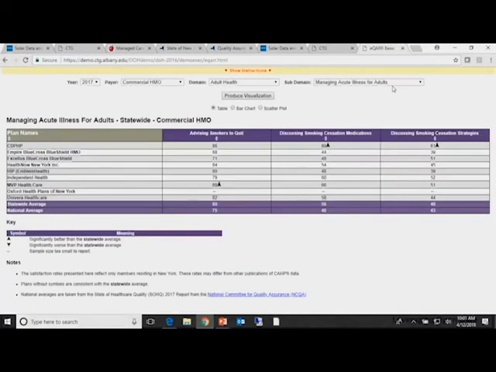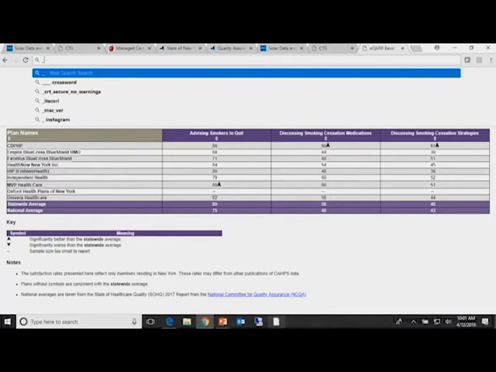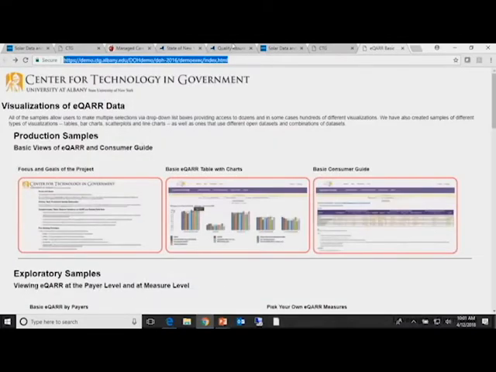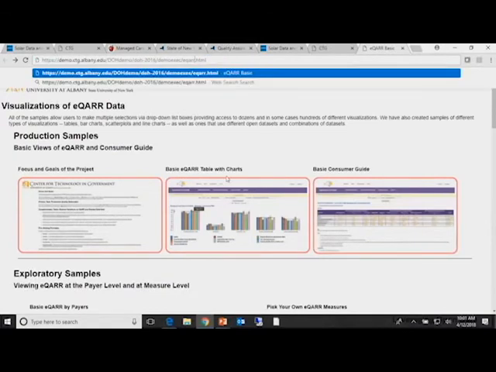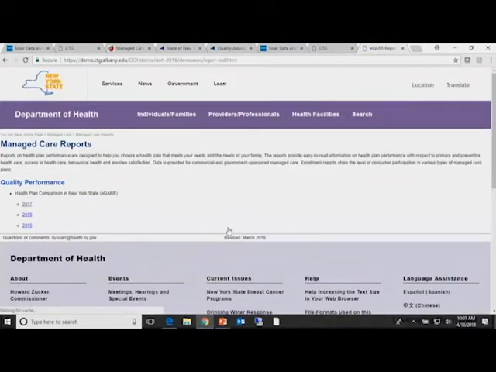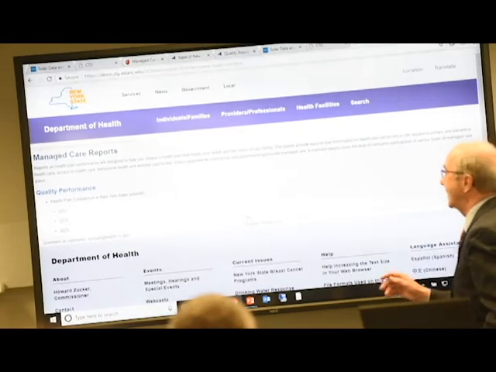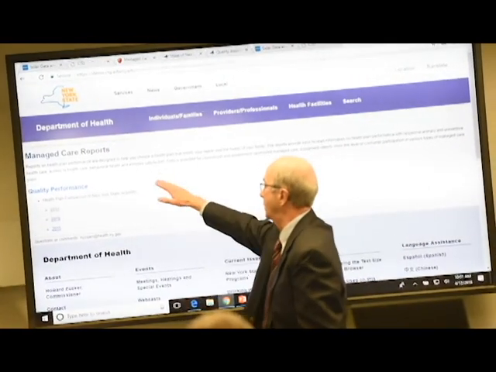Let me go to eQuar. I have the old site, because the old site isn't there anymore. Just to give you an idea of what it used to be like,